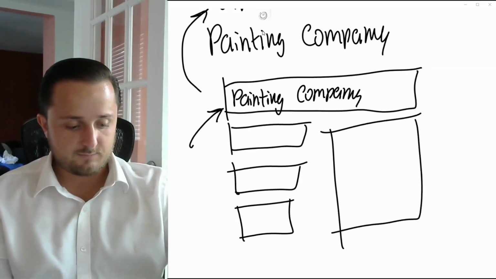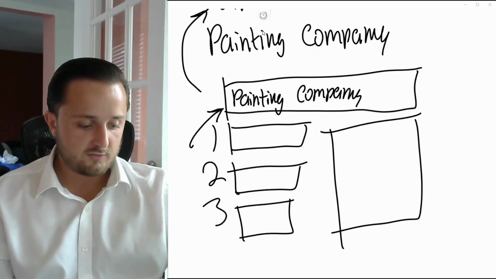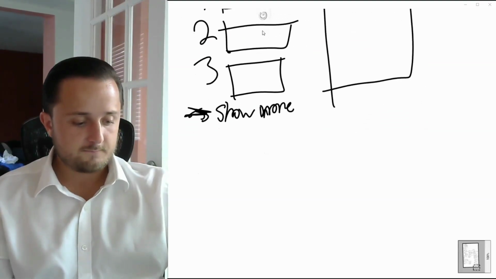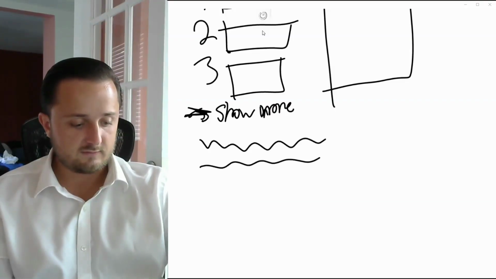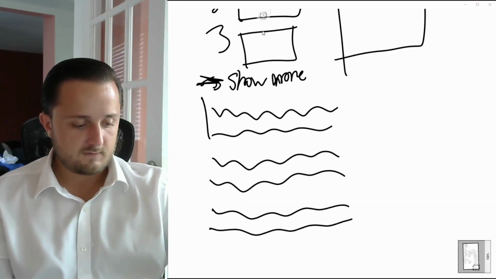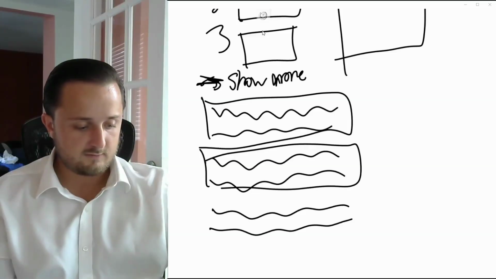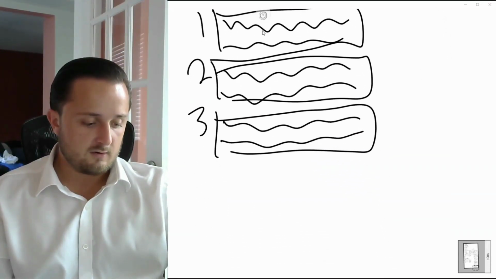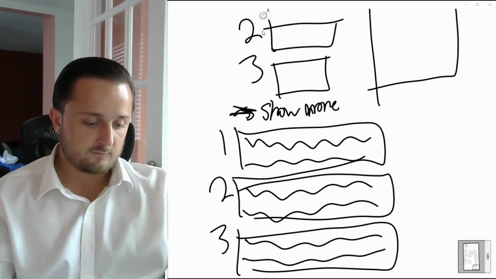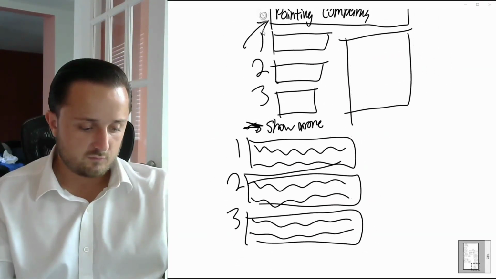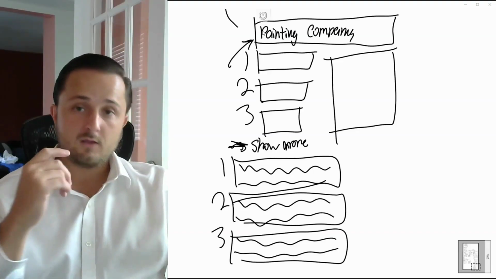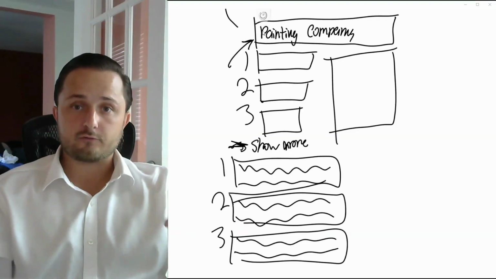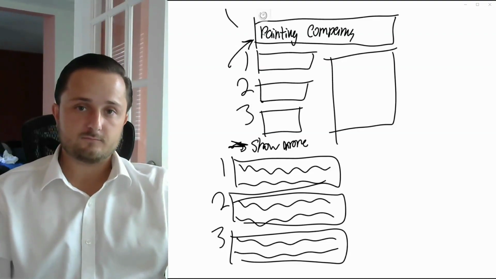You get these Google Business Profile links that appear in search. You get the map that appears. You get the first, second, third. There's a little "show more" right here, right? And then you get all of these links. I'll just put a box around these to make it a little bit easier. 1, 2, 3. Now, normally there are 9, but I'm going to make this really simple and easy to draw for myself. So someone local to you is searching for the services that your company offers.